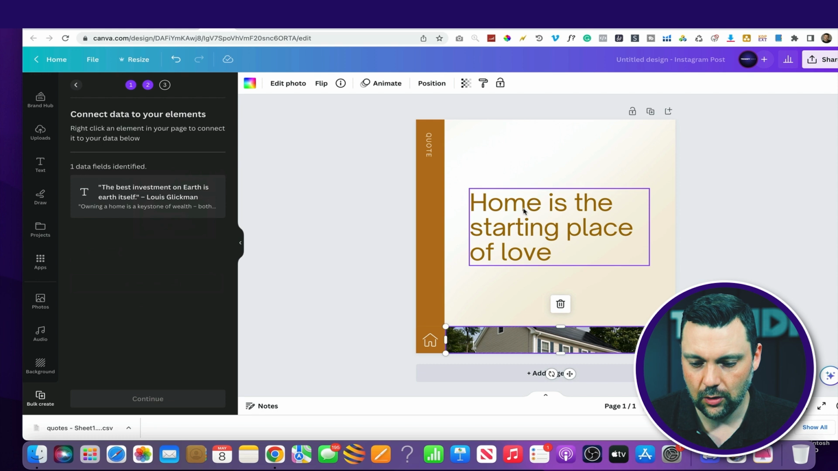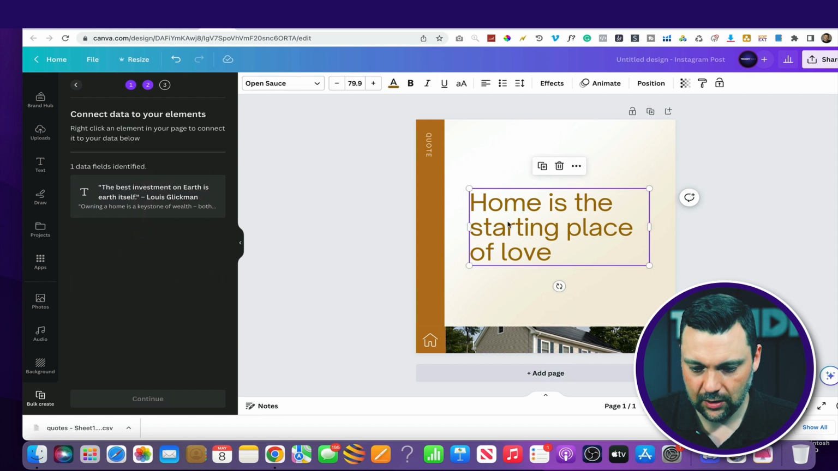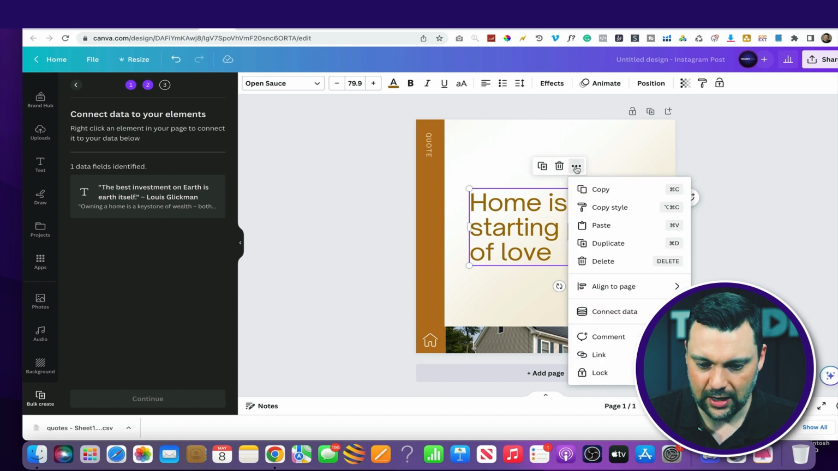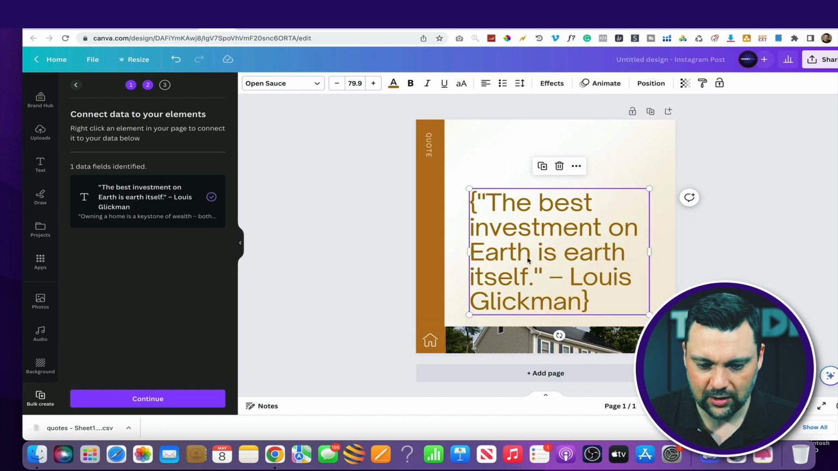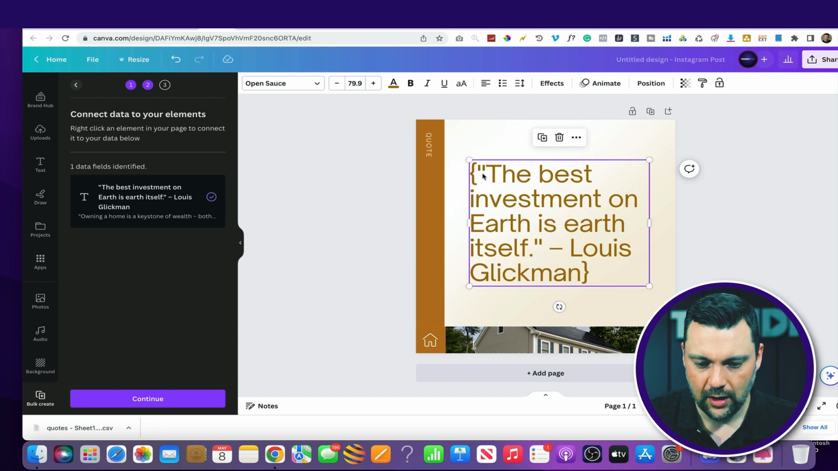And then what we're going to do is go over here and select the text that we want to replace with the text that we filled out in that spreadsheet. We hit these 3 dots here. And then we just do connect data. And then we pick the quotes. So basically this is going to fill in that area with all the quotes that we've created and make multiple different posts for this. So then we just hit continue